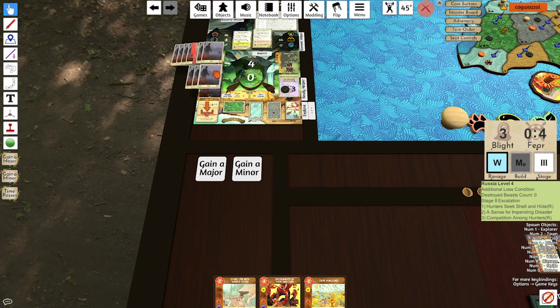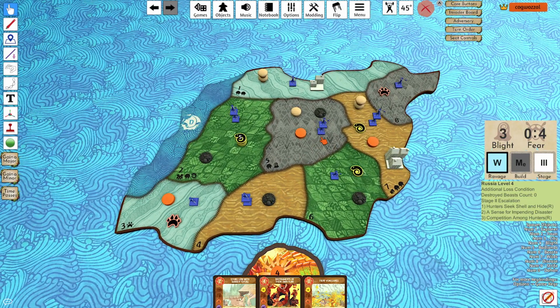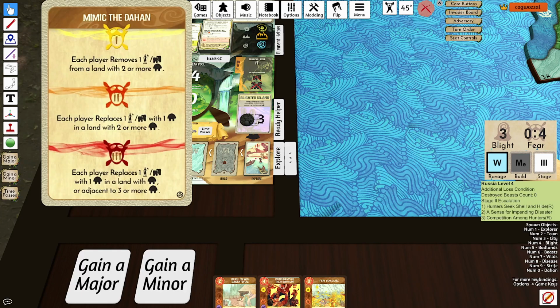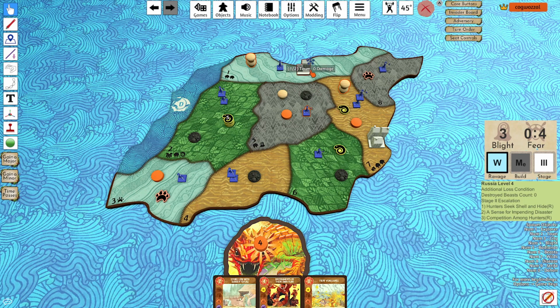And we've got loads of fear cards. Come on. Remove an explorer or town from a land with Dahan, Wilds, or Badlands. Ooh. Let's get rid of this explorer. Okay. Come on. Replace an explorer or town with one... Wait. Explorer or town with one Dahan in a land with 2 or more Dahan. So that's going to be... Ooh, here. We can...